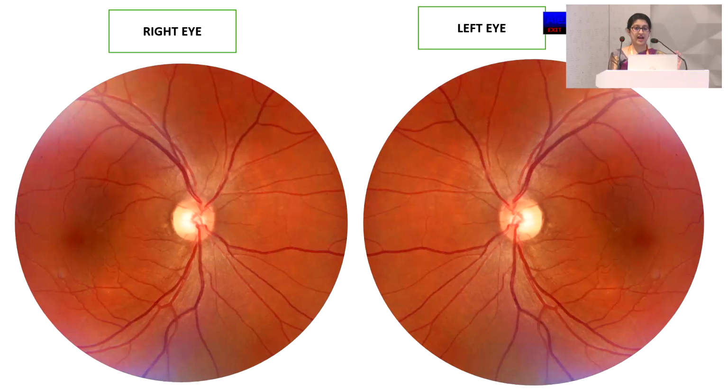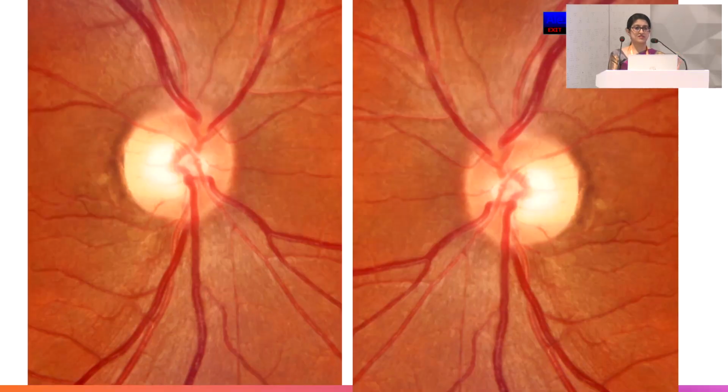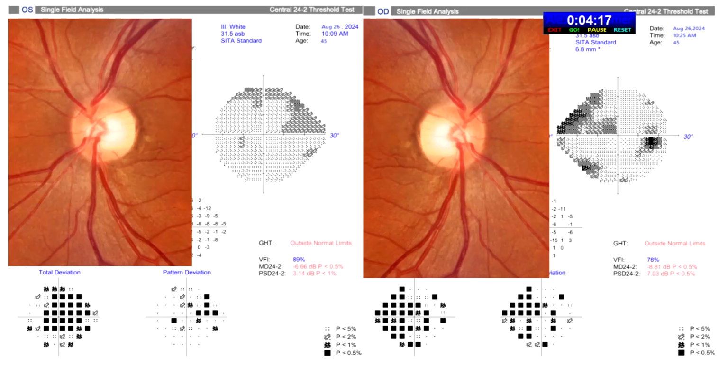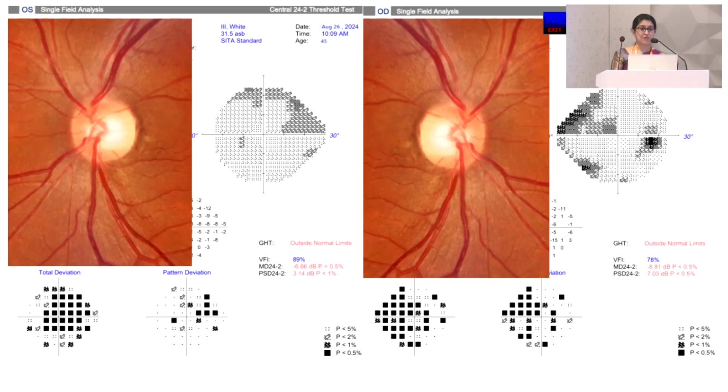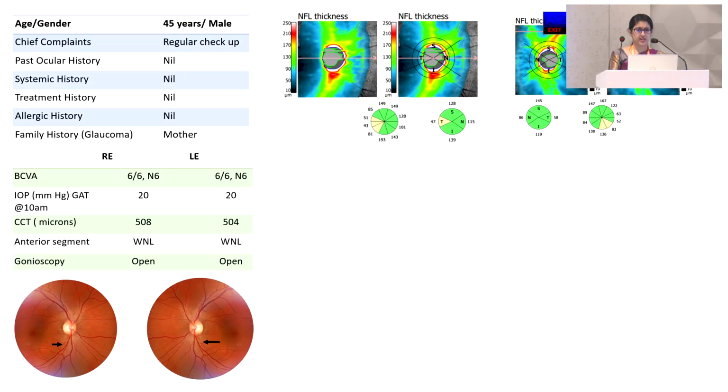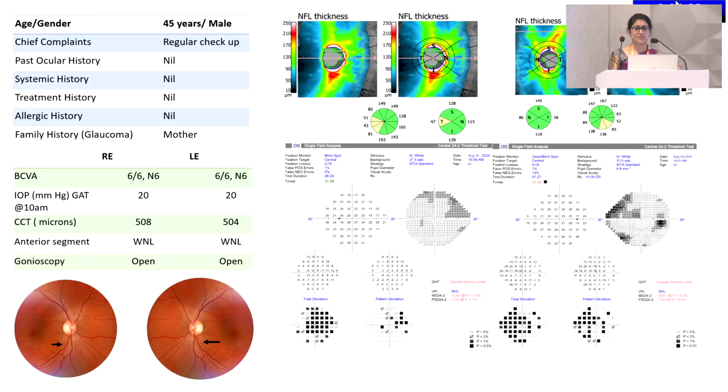Okay, so when we have a closer look at the disc, we say it's an average size disc, but the inferior rim is thinning. Thinning is seen, okay? And as compared to the superior rim, the ISNT rule is not followed. At the same time, we can appreciate the RNFL defects here. So when you correlate the findings with that of the visual fields, we can see there are corresponding changes happening in the fields. So now it's a straightforward case of primary open-angle glaucoma where the treatment has to be initiated